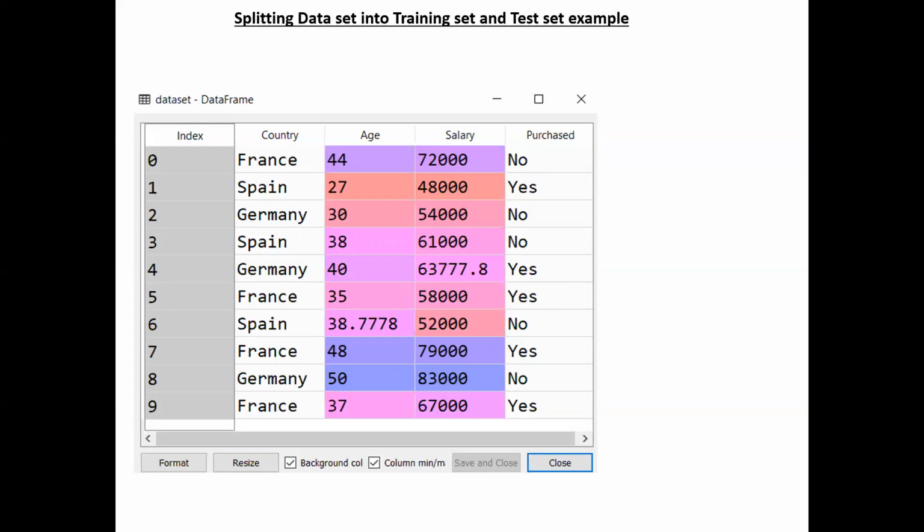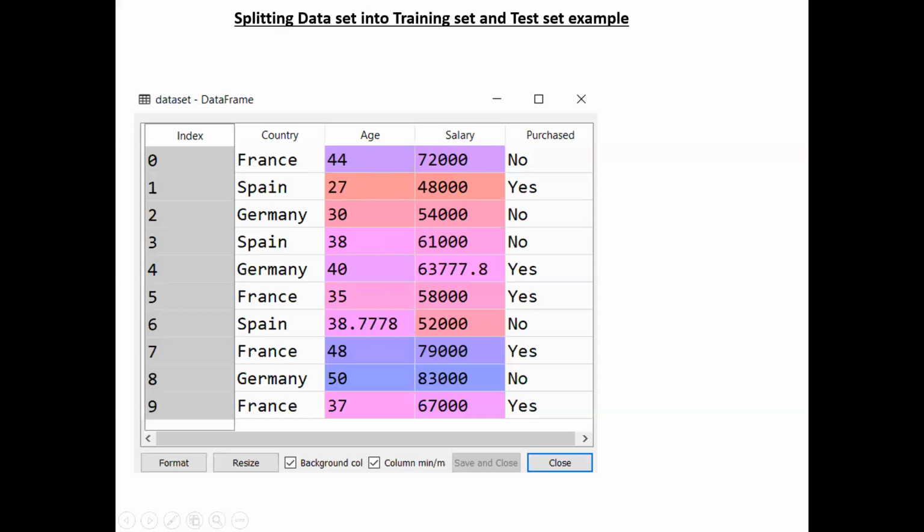So now this is the dependent variable, purchased. You can also consider salary as a dependent variable, based on country, age, and purchased or not. You can also predict salary. In that case, salary is the dependent variable, and all the remaining are independent variables. But in this case, I am considering country, age, and salary as independent variables.